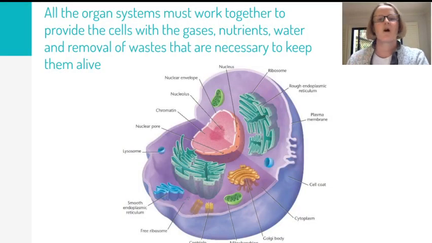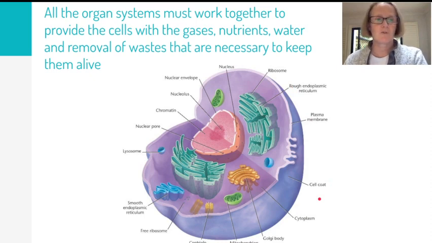Here is a much more complicated and slightly more accurate version of what is inside the cell. And you'll notice that there are the organelles we've already met: nucleus, cell membrane, here it's called plasma membrane, it's the same thing, cytoplasm. In green here, we've got a mitochondrion. That's the singular for mitochondria, which is the plural. But you will notice that there are lots of other organelles